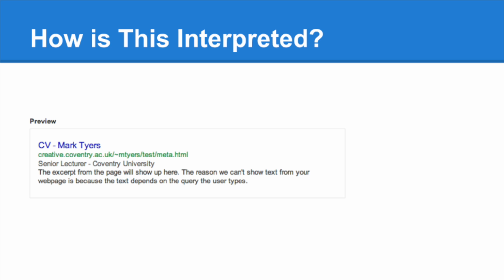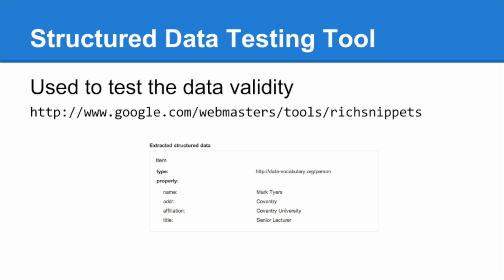And when you build your markup, there's a special tool which you can feed your page to, and Google will show you what will appear in the search results when it gets indexed. This is the tool, google.com webmasters tools rich snippets, and you point your page to this, and it pulls out every bit of information it can find about your page based on the snippets you've added. So this is a little testing tool. You can add some snippets, refresh, see what comes up, add some more snippets, and gradually make sense of what's